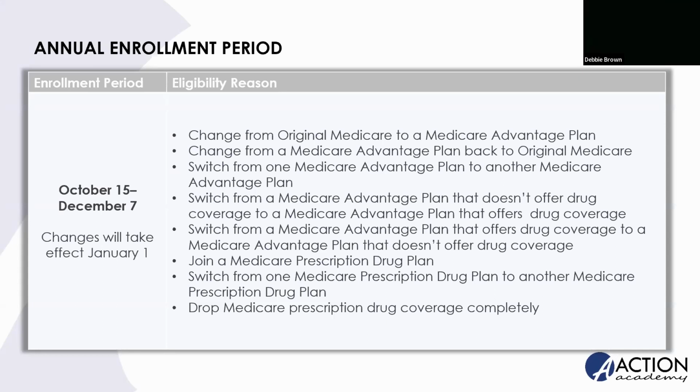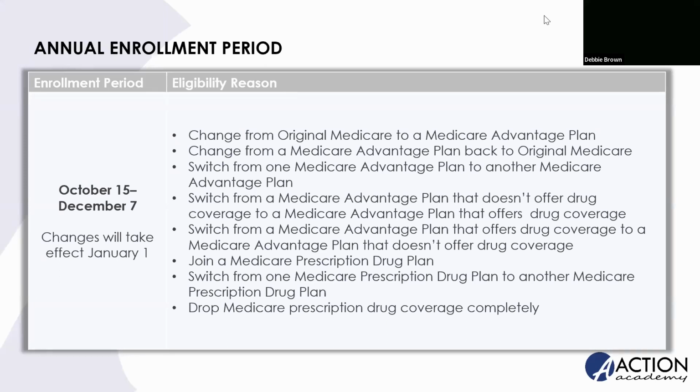Yes. I just want to interject there that during AEP, a member can make any kind of plan change. It doesn't have to be a like change. Right. Yes. So during this period, if they've never been in an enrollment and missed all the periods, and now they realize their health is changing, they need to make a plan change or add a Medicare Advantage, they can do that. If they had Humana, now they want to go to Blue Cross, or they had a HAP and they want to go to Humana, whatever. This is the time of year when they can start making those changes. It does not have to be a like